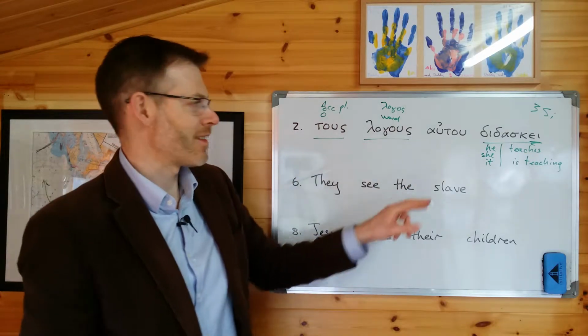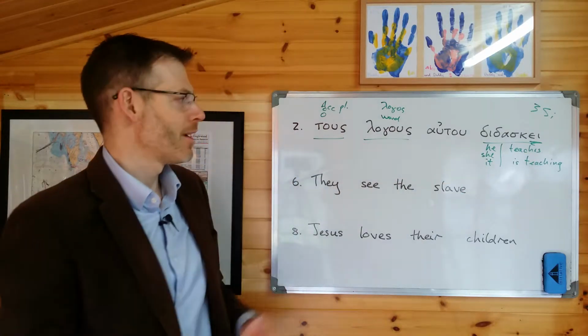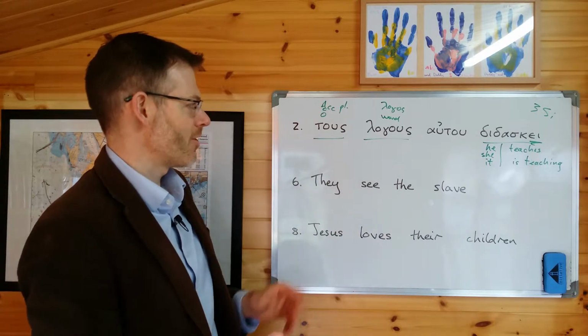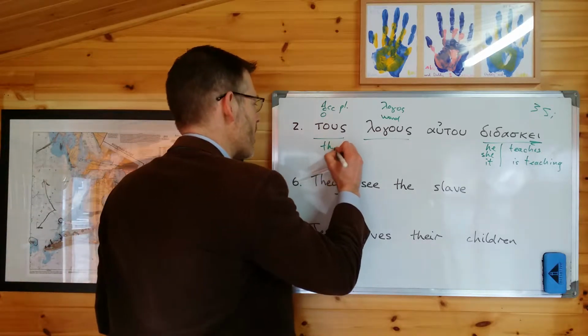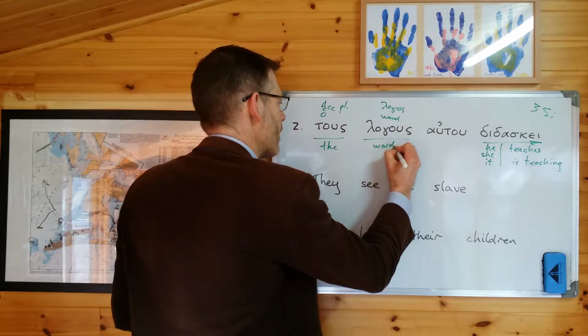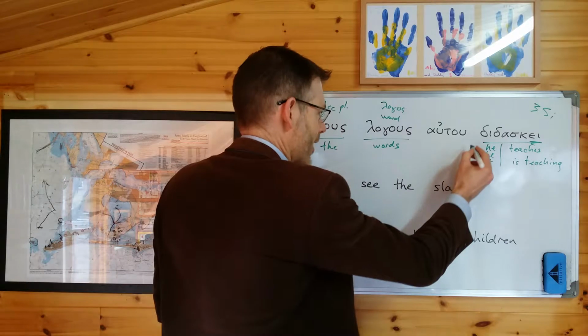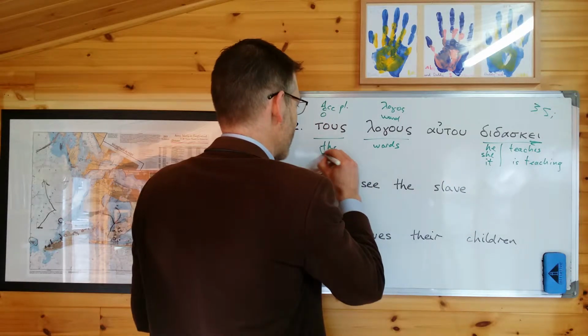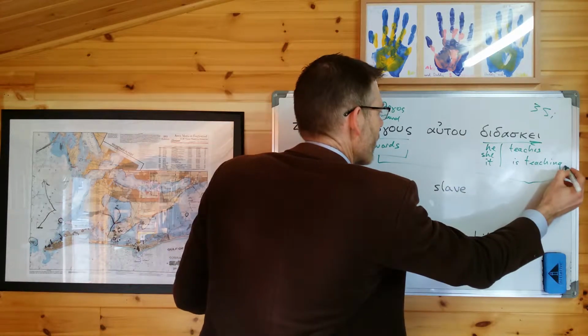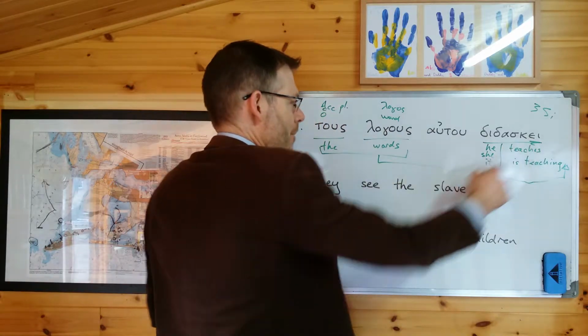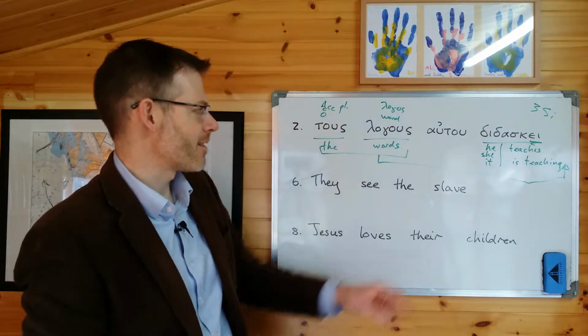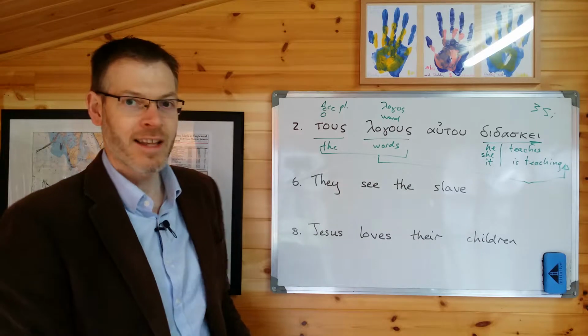And because it's accusative, that's indicating that it is the object of the verb he, she, or it is teaching, or he, she, or it teaches. So the words, and I don't know how you do this on your rough paper, but I always want to encourage people to feel free to put a little arrow up here to tell you the words are up here, just to remind you where it belongs in the sentence. So he, she, or it is teaching the words, and you've got 1 word left.